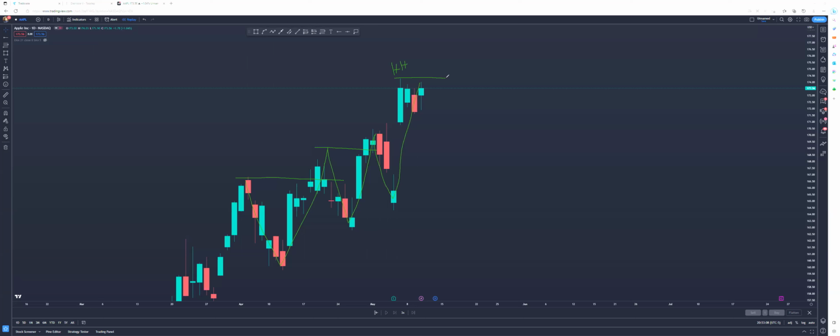This is our higher high, right? We want to break this high for this low to be confirmed. We did not break structure yet. So if you were to take calls on Apple right now, you would be taking calls at a what? And you only want to take calls at a what?